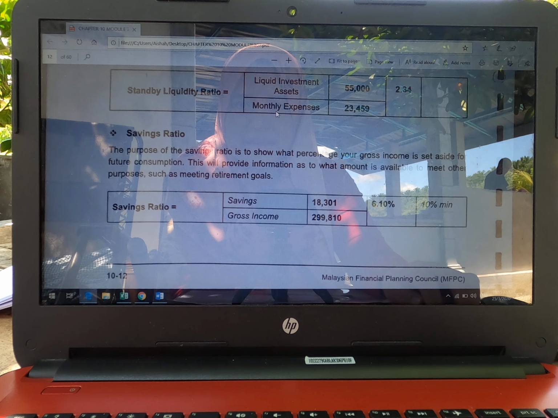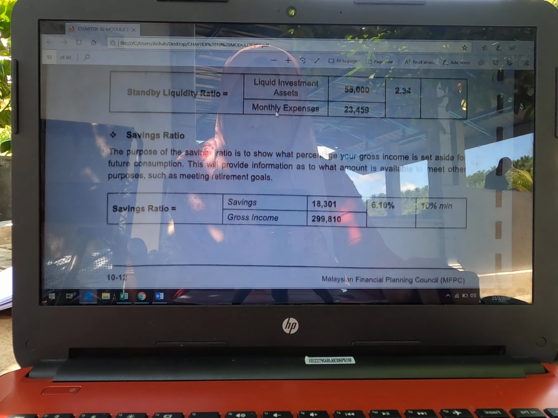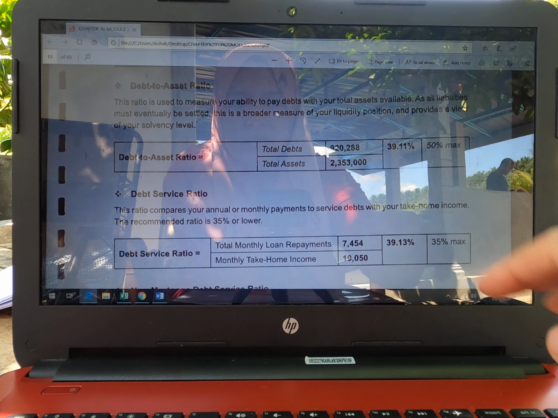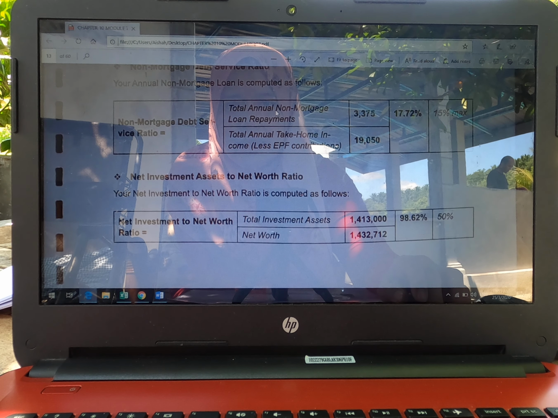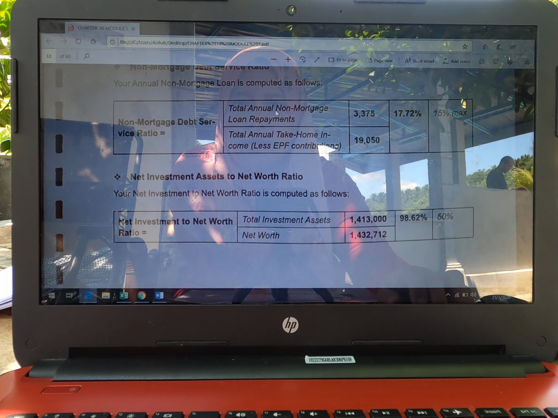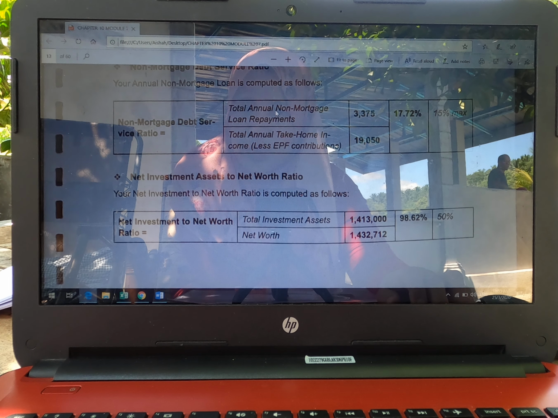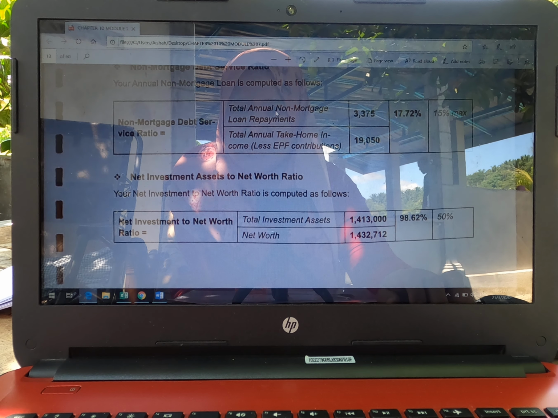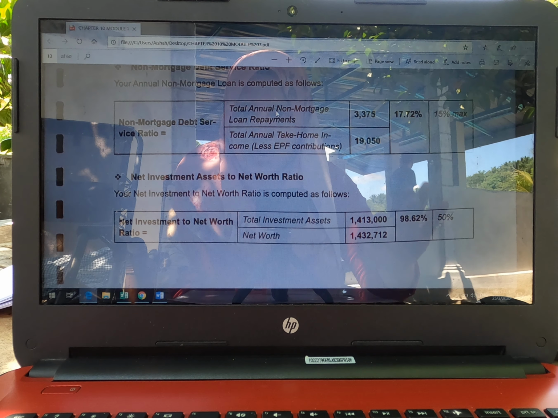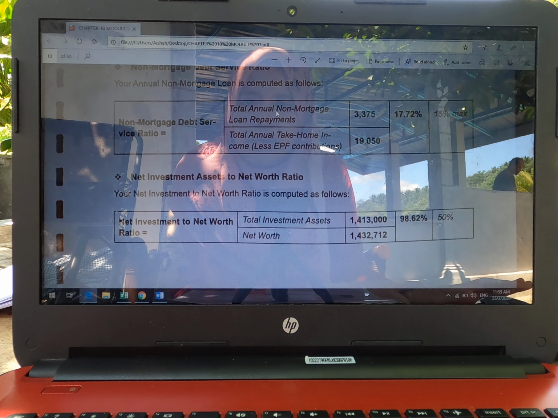Next is the standby liquidity ratio and the saving ratio, and you have to use the information in the fact-finding sheet as well as in the net worth statement to calculate all of these ratios. Another thing I would like to highlight is what we call the non-mortgage debt service ratio. Non-mortgage debt service ratio. When we call it non-mortgage, it means the